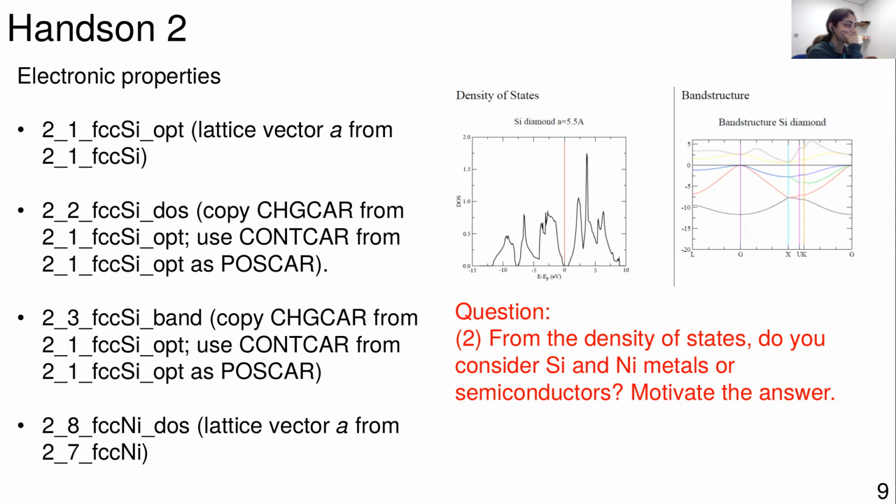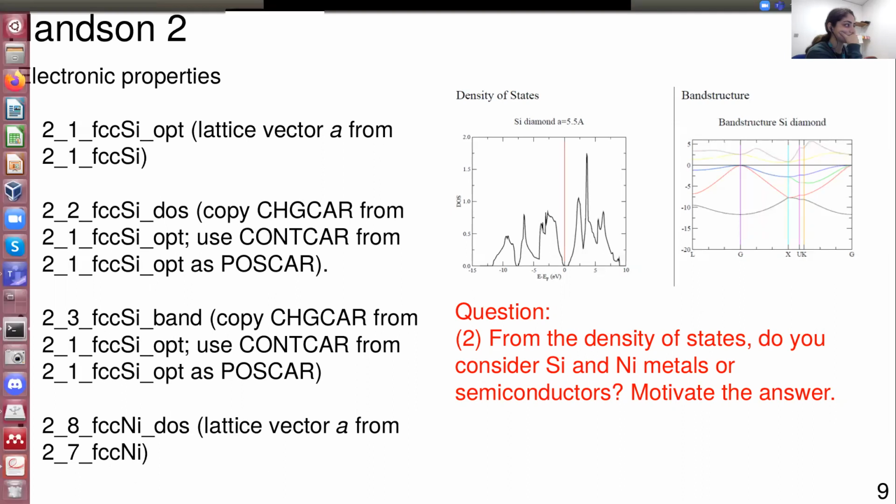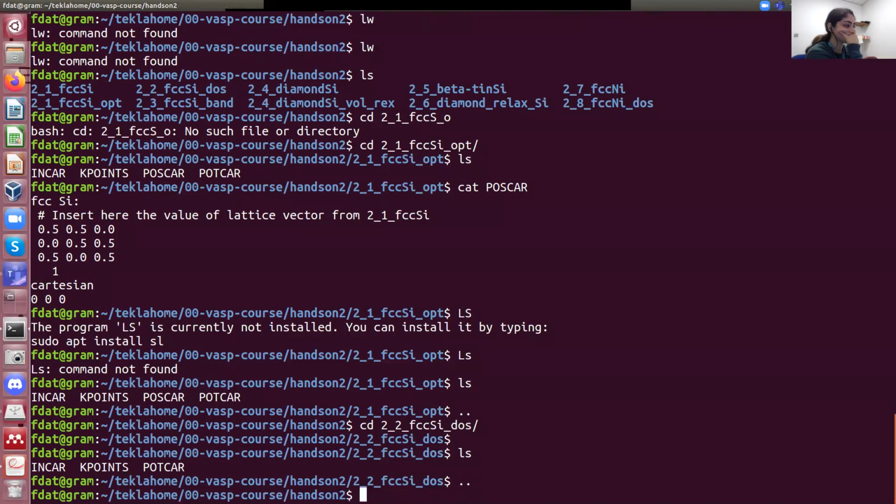Okay. So now, what you will do after that is that you will need to open the vasprun.xml with Python for VASP. Now I'm going to do it in a second so you will remember. And then you check the density of states. And then checking the density of states of silica and nickel, you need to tell me, not now, but next week on Thursday, if you think that they are semiconductors or they are metal. I mean, I know that you already have the answer, but you will need to give the answer from a DFT point of view, okay?